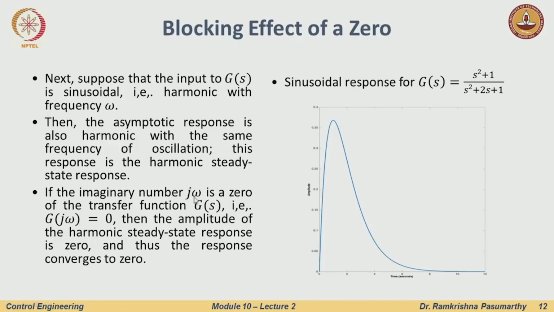If these two omegas are the same, I have roots at plus minus j omega, or just plus minus j1. So, if I have an input of the form sin t,